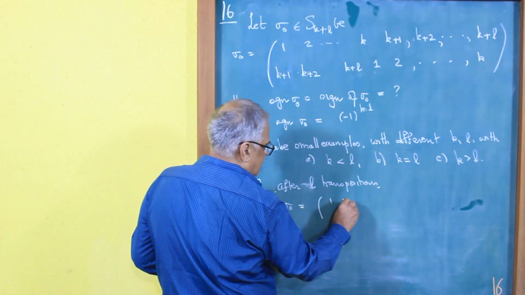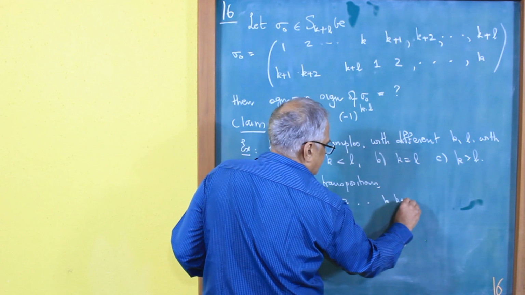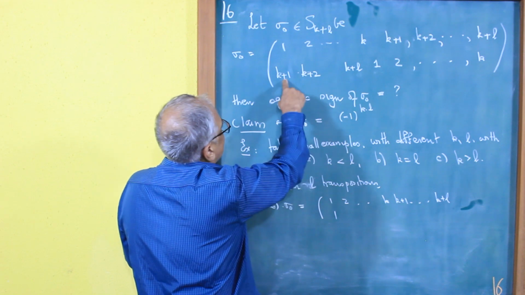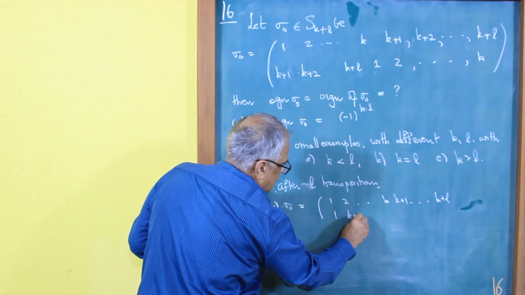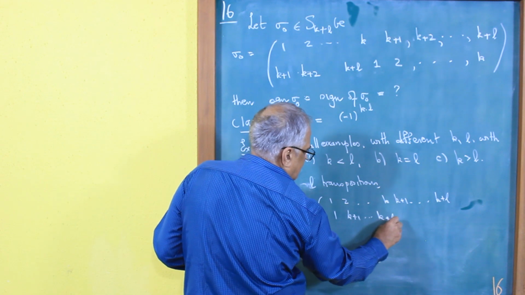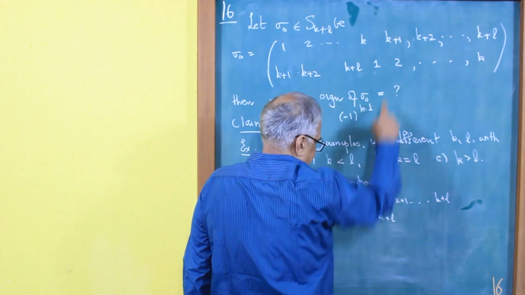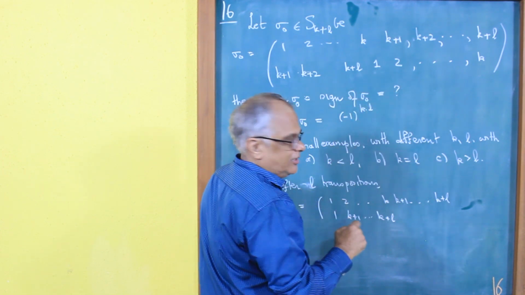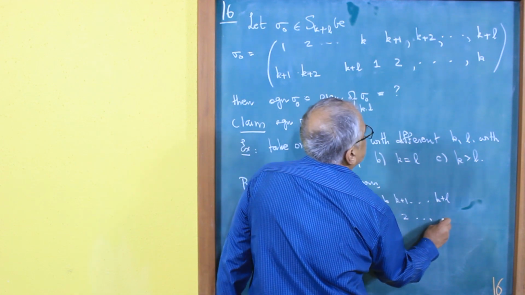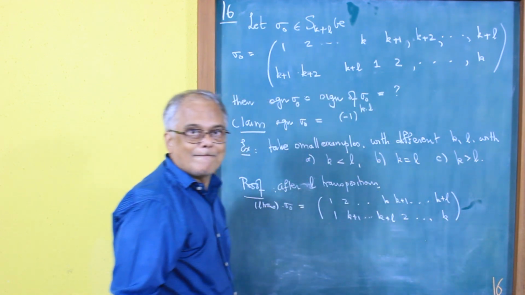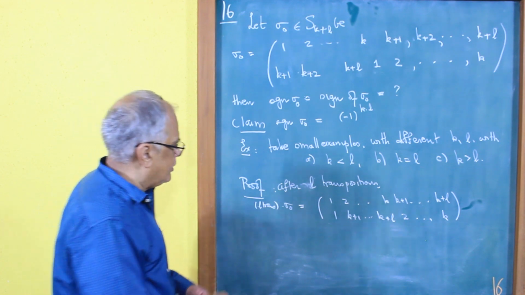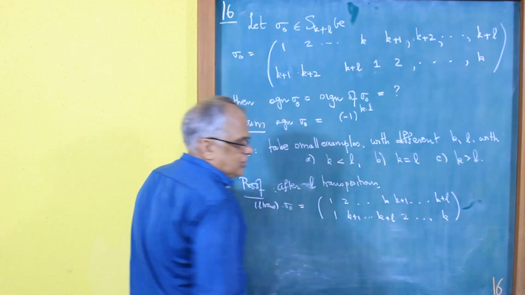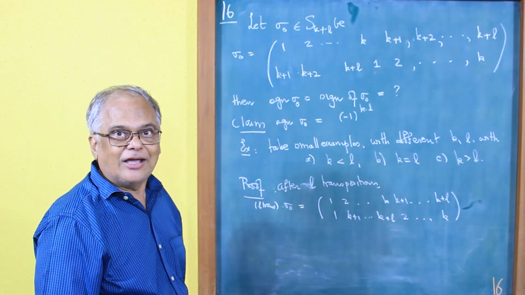What will you get? 1, 2, 3. Finally, this 1 is going to come here. This k plus 1 will be here, and then this k plus L will be in this place, namely, in the L plus 1th place. Then you have 2 up to k. Now you do this again. You interchange this 2, you interchange this 2, you interchange this 2. How many times do you have to interchange? You have to interchange L times.